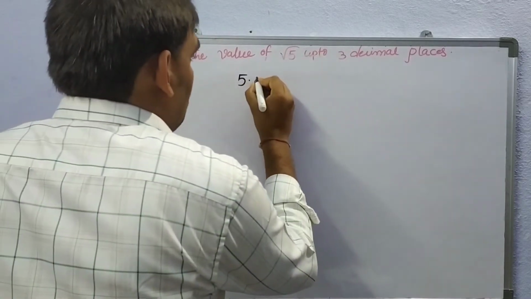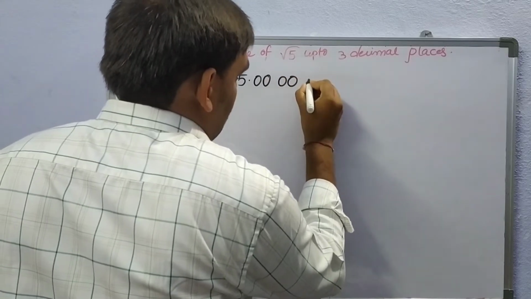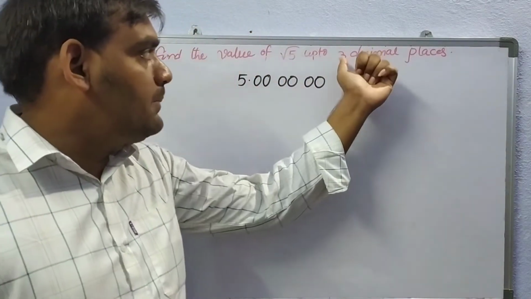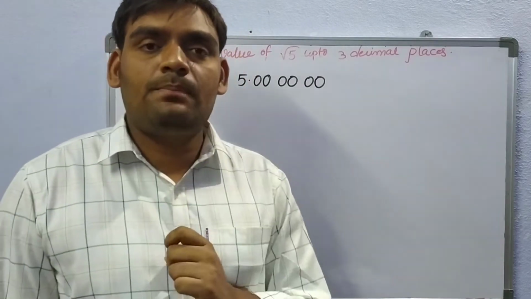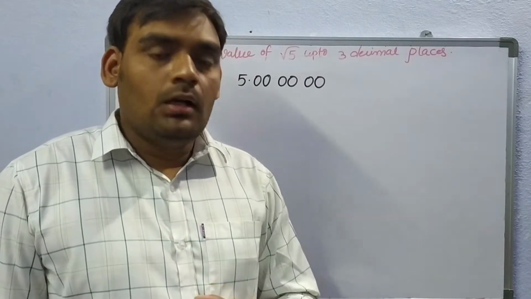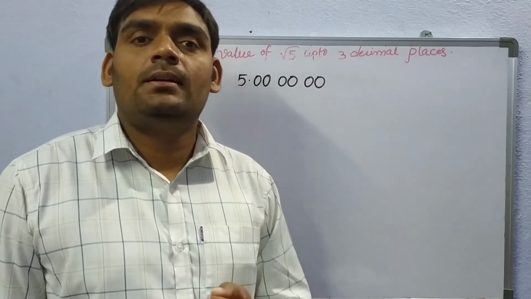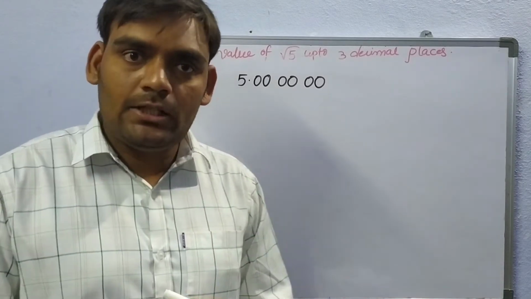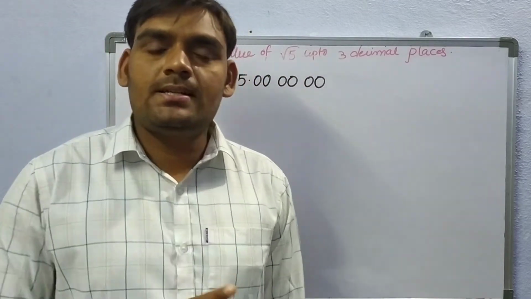After that we need to take 6 zeros. You may wonder why we need to take 6 zeros. Here in the problem they ask us to find 3 decimal places. So for 1 decimal place we need to take 2 zeros. While finding square roots by the division method, we make groups of 2 digits from right to left. Like that only, here from right to left we need to make 2 digits as one group.